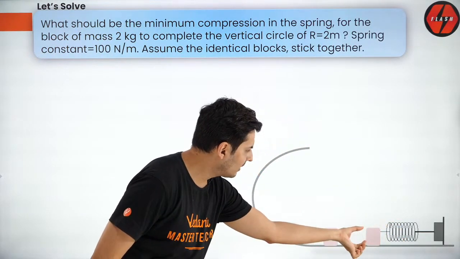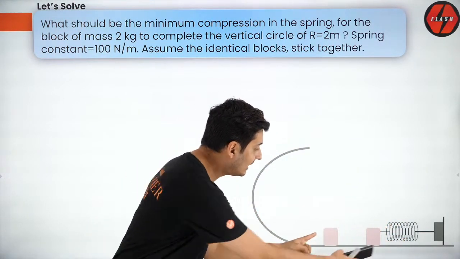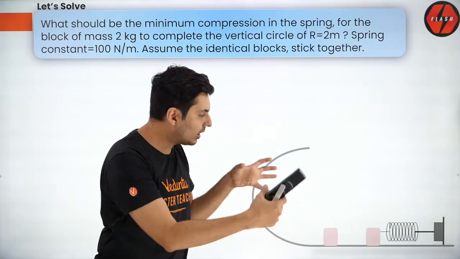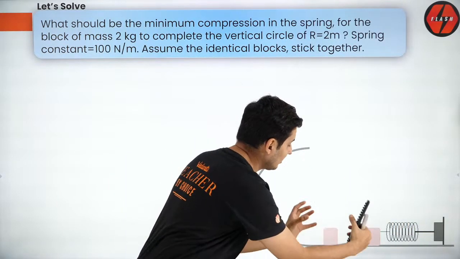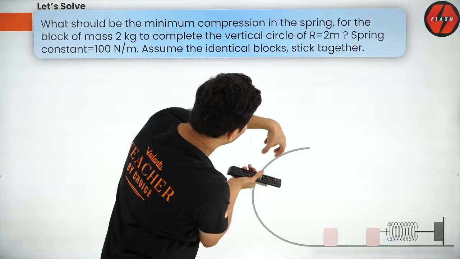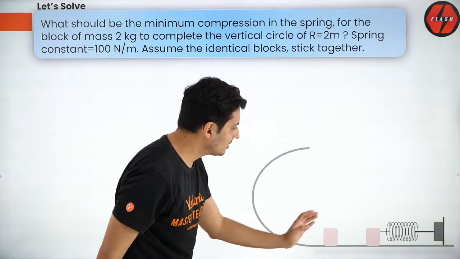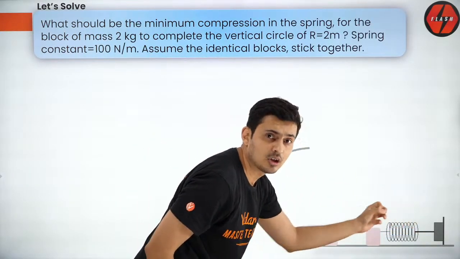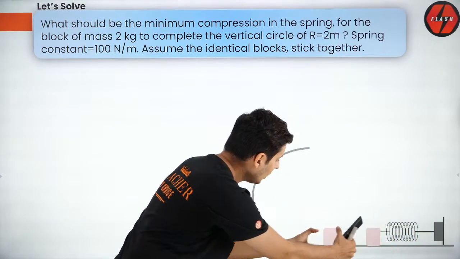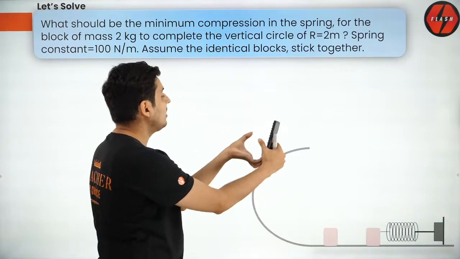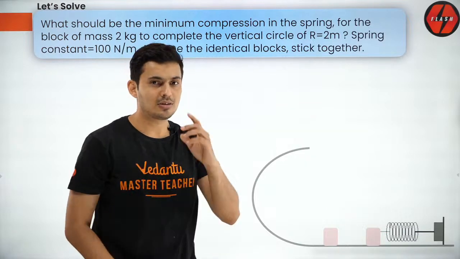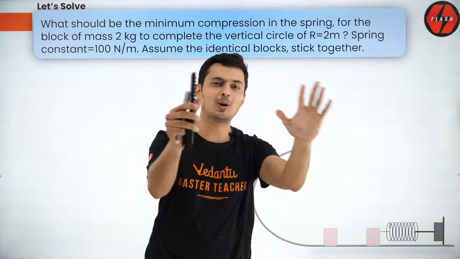Here is the logic. There is a spring, there is a mass. You have to compress this mass, then leave it. This block will fly. This block will start sliding and it will hit this block. And once it hits the block, it gets stuck to it. And that stuck mass will go like this and go there. So the question is, how much should you compress so that when you release it, the block, when it gets stuck, is just able to complete the circle. So circular motion, work, power, energy, momentum, lot of concepts involved.